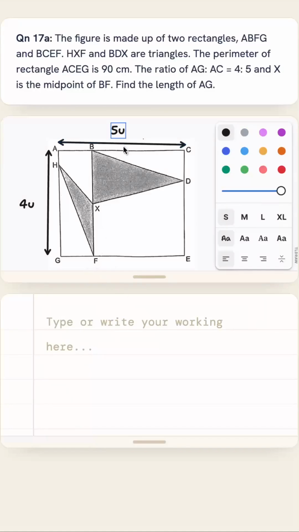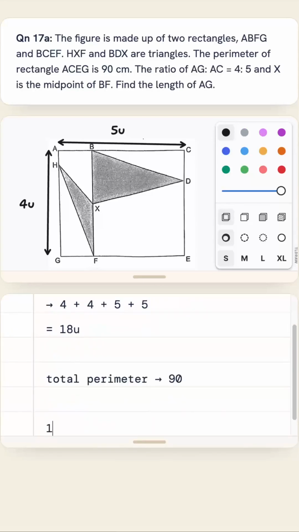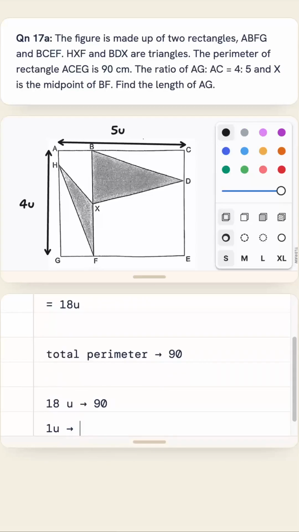Okay, so since we know the ratio, we know AG and AC. So AG is 4 units and AC is 5 units. So that means the total perimeter in units is equal to 4 plus 4 plus 5 plus 5, which gives us 18 units. We also know that the total perimeter of the whole thing, ACEG, is equal to 90. That means 18 units equal 90, and 1 unit is equal to 90 divided by 18, and this will